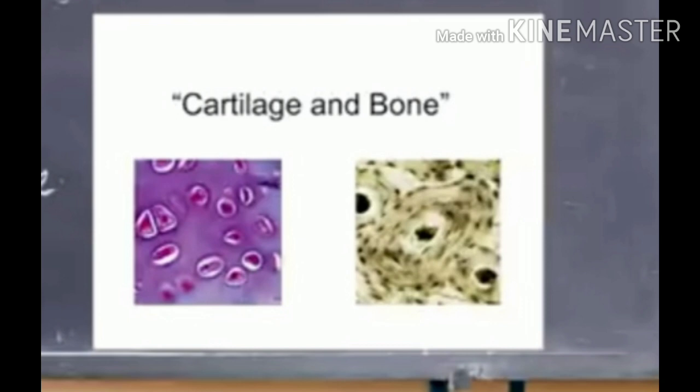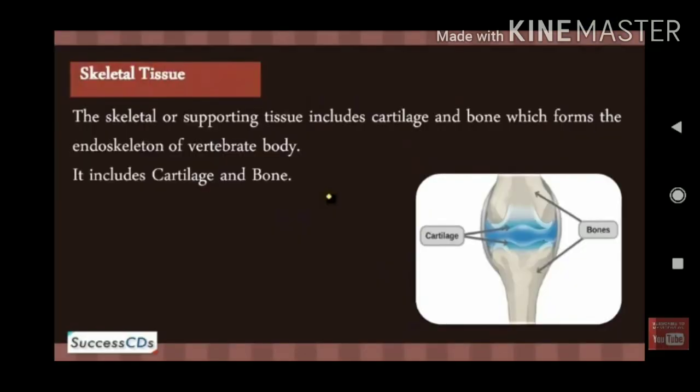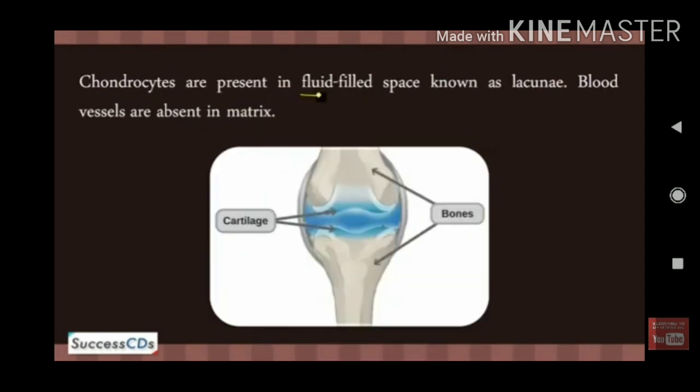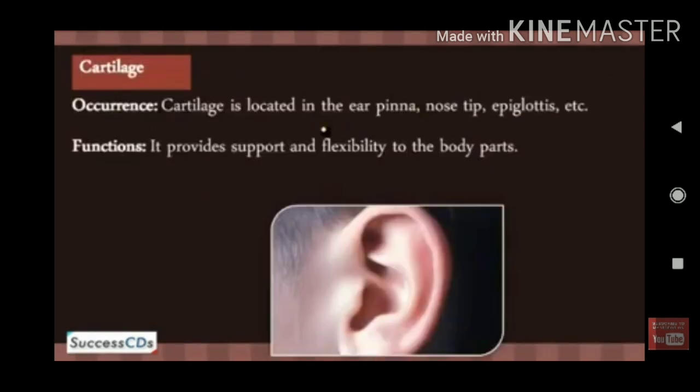Cartilage is a soft bone, it is flexible. It is present in our nose strips, in the external ear, the ear pinna that we observe. In this region also we can observe the cartilage. And the trachea, the main part of the lung, is also made up of cells called chondrocytes. These cells make a matrix in the blood.